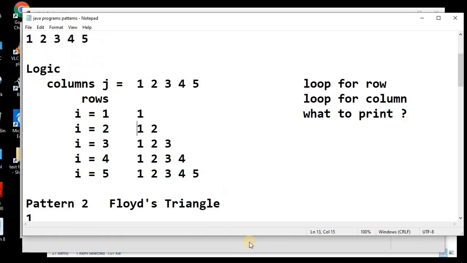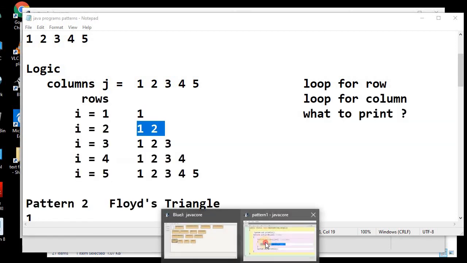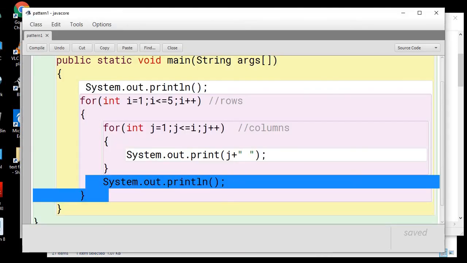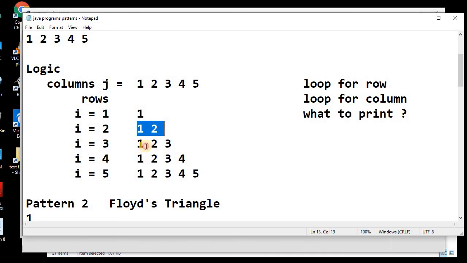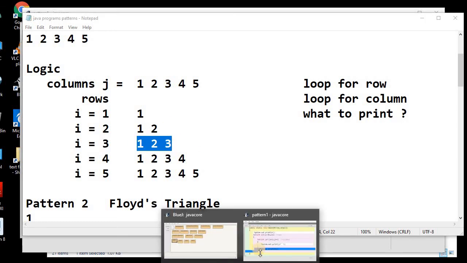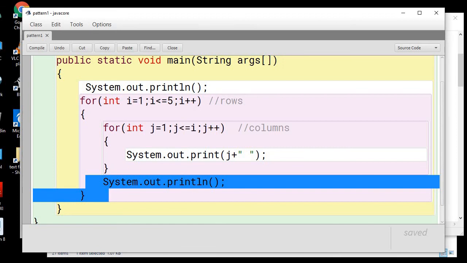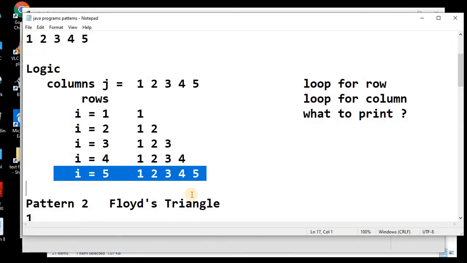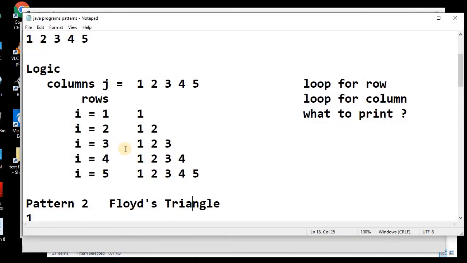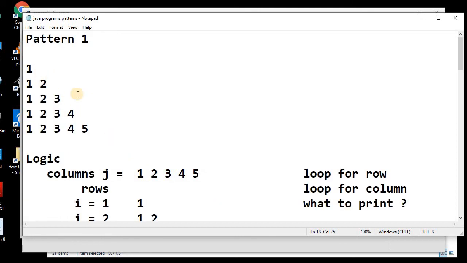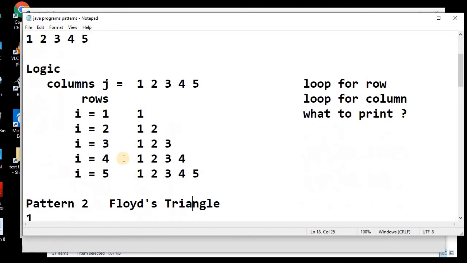So we will be printing in the next row 1 and 2. And then again we'll encounter System.out.println, and we'll go to the next row. So this will keep going on till i is equal to 5, and we'll have the complete pattern. This is how we can print the simplest pattern in Java using the for loop.